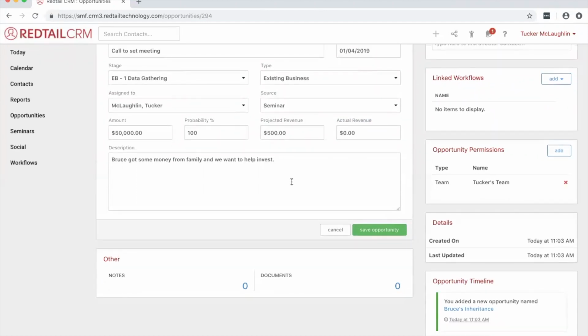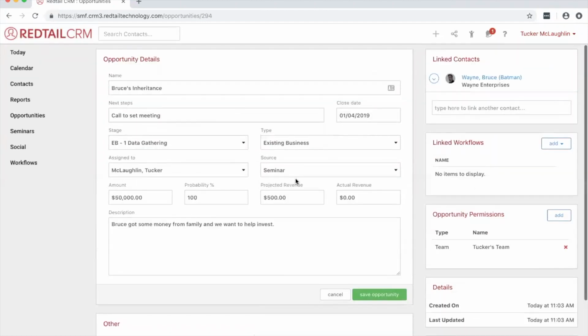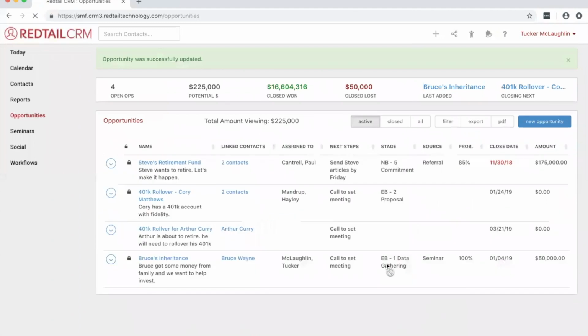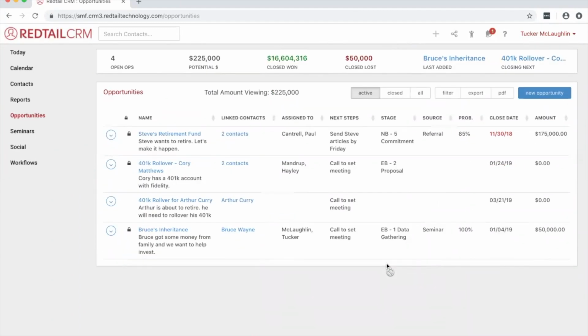Now, again, you can add to the description. I do want to mention, anytime you make changes to this, before you navigate away from this page, you always want to hit the green Save Opportunity button. That's going to make sure that any change you made is not going to disappear. What that does is it takes me back to this main opportunity page,